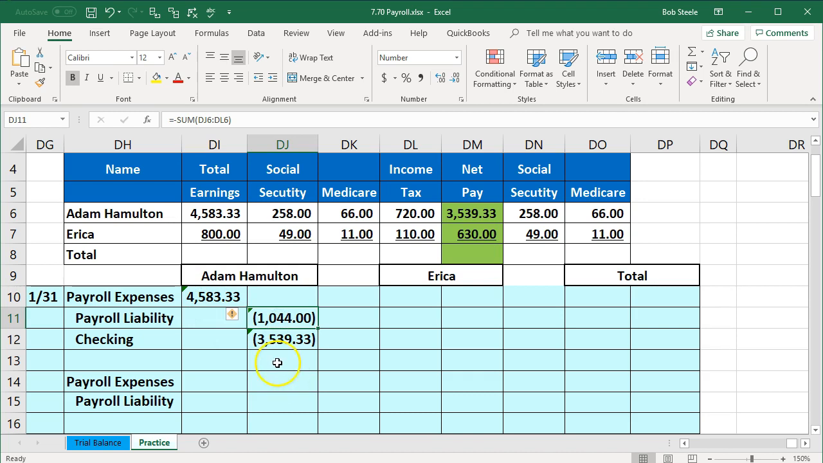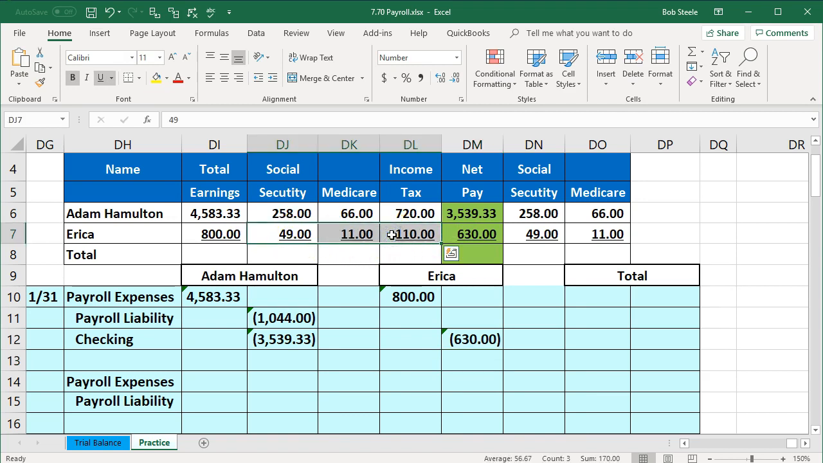The checking account will eventually go down by these liabilities, but not until we actually pay them. So, and of course, if you sum these up, it adds up to zero. So in other words, the debits equal the credits. Erica's the same way. Erica earned the gross pay. Erica's going to be taken out of her paycheck, however. There's going to be a credit, the net pay. The difference is her taxes that she